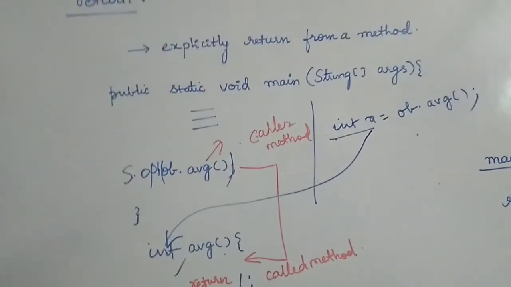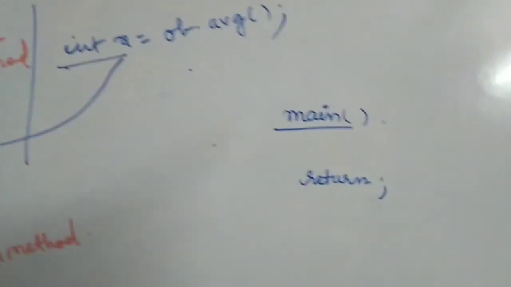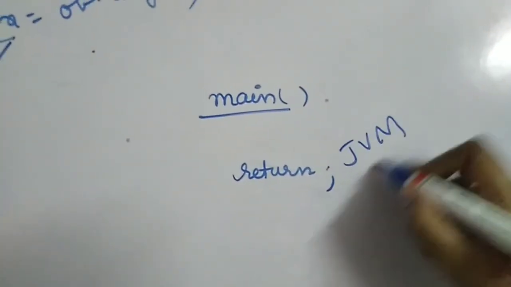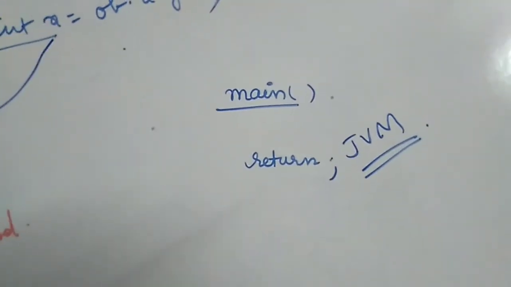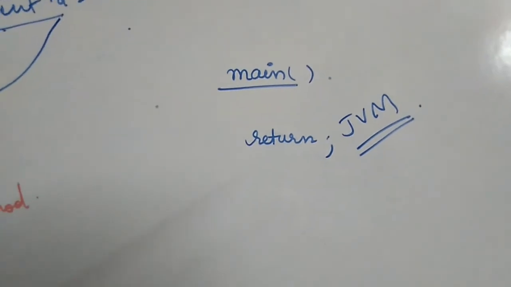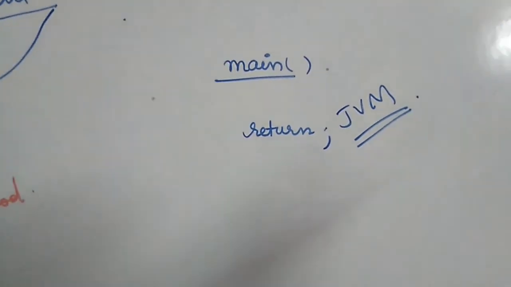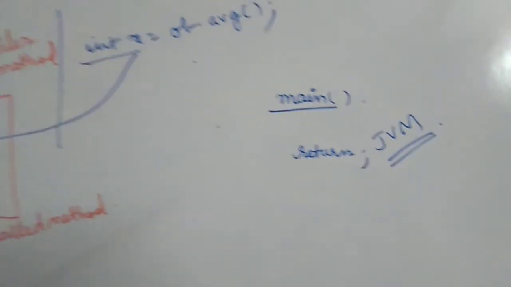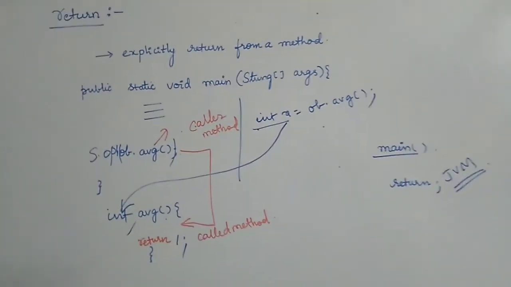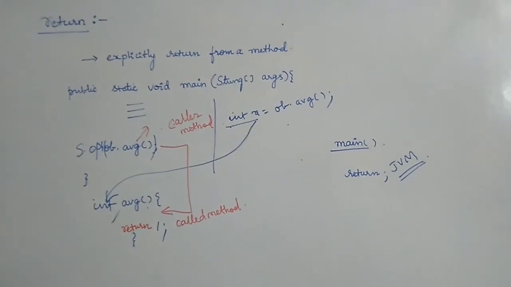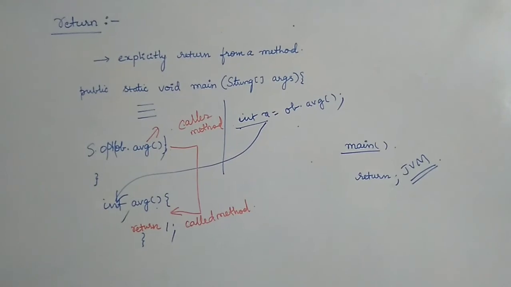So this is regarding return. And if you are using return inside the main, you will be returning to the JVM. You can write or you needn't write, because the main method is also a void method. So obviously there is no need of writing a return. But if you are writing it explicitly, it's not a mistake, it's not an error. So you can have it. That's all about return. So in today's class we have seen break, continue and return, all the jump statements together.